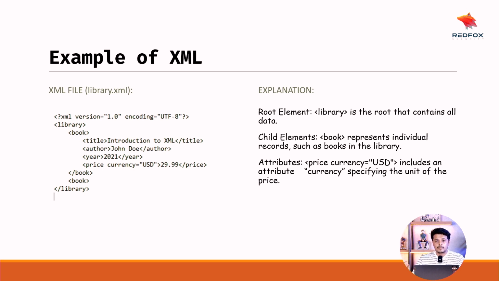Then there is a book element, which we can also call a child element of library, and there are other elements like title, author, year, and price. We also have an attribute called currency, which is used to denote the exact amount in the